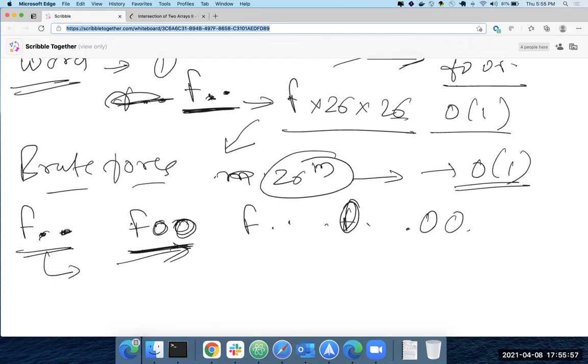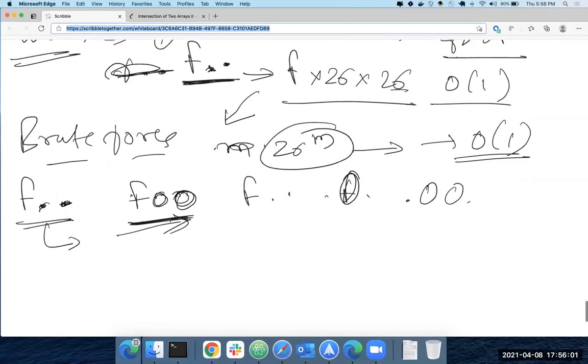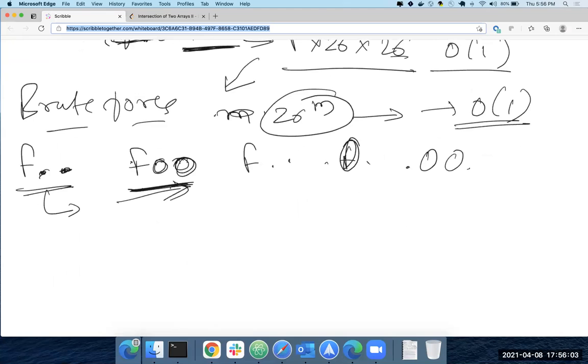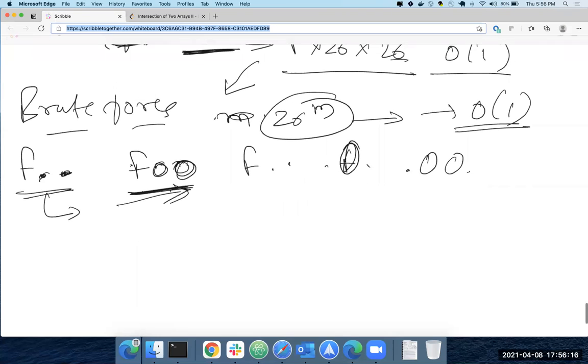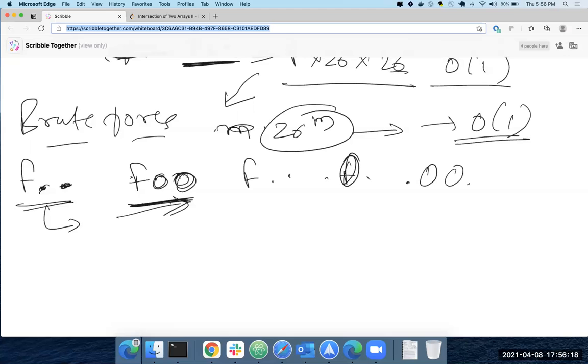That's even worse. That's really bad. Just don't touch it. Depending on the longest word, your number of combinations becomes nasty. Exactly.